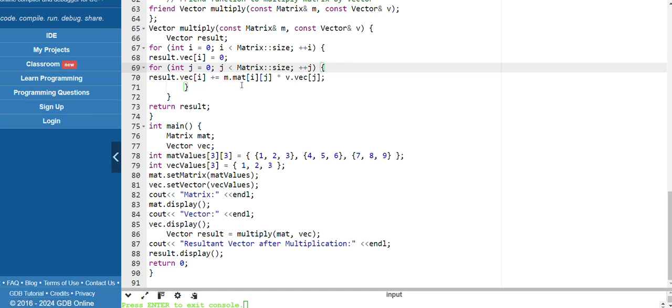This matrix is the private member of matrix class, and vector is the private member of vector class. So we need objects of both the classes, m dot matrix i comma j, and vector. Since this is a column vector, the ith row,